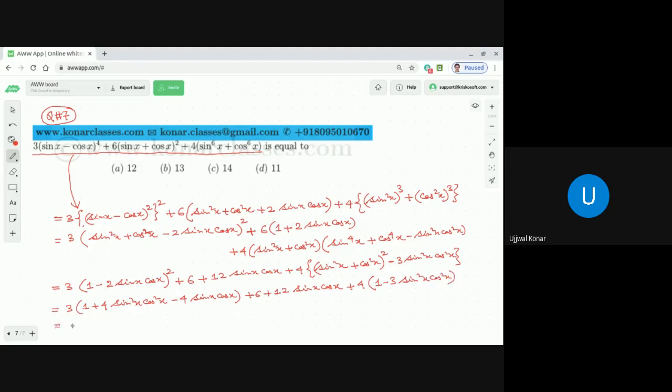So what we are going to get here, dear students, 3 plus 12 sin square x cos square x